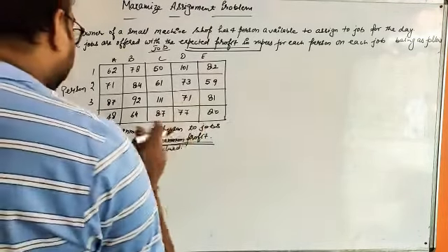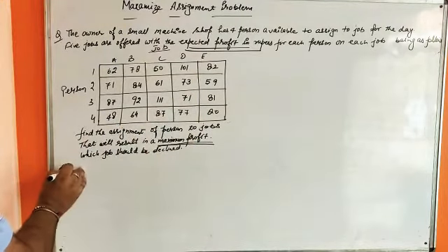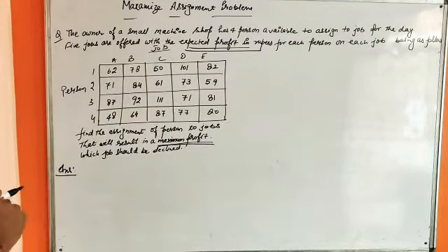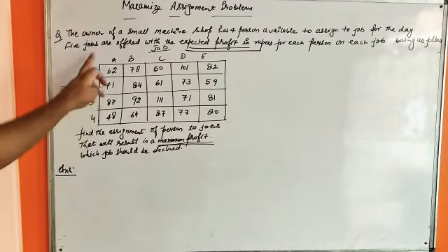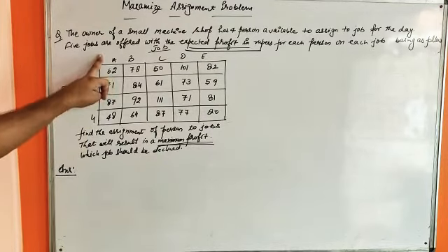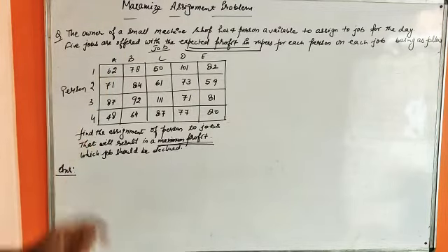Which job should be declined? This is the another problem. Now see, what are the steps? First step, problem should be square. That is, number of job and number of persons should be equal. But here there are 4 number of persons and 5 jobs. So first we have to balance it by adding dummy row.